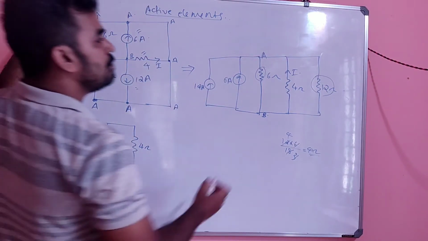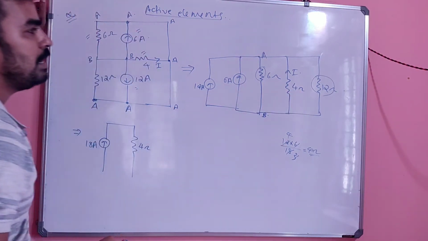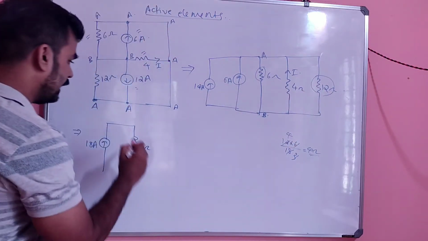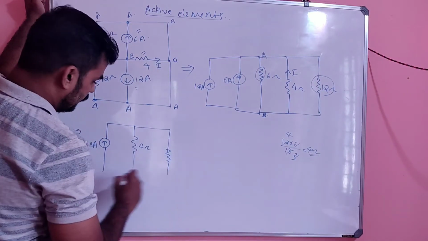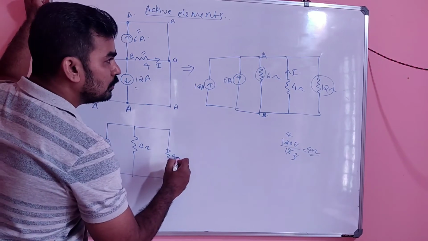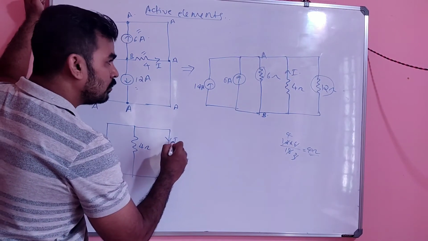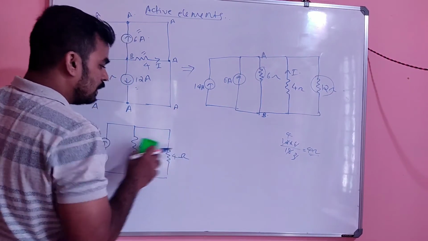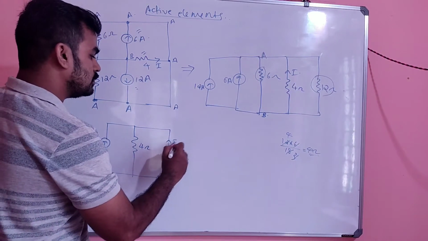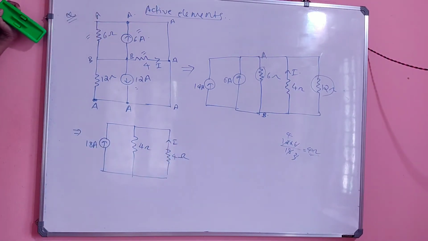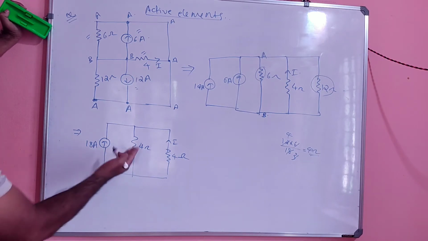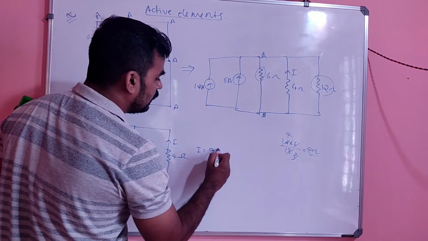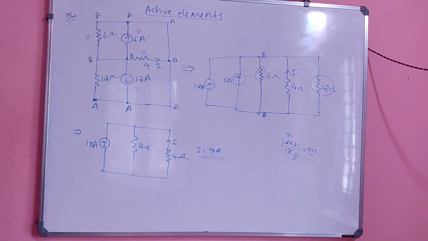So I can write it like this: it is 4 ohm. And the remaining 4 ohm is in parallel. So again this is also 4 ohm, and here the current I, sorry, it is in the upward direction. The direction is very important. So you can always mark it like this: upward direction current. So of course we know that this is 18 ampere, 2 parallel combination. Then what will be the current I? The current I will be simply 9 ampere.